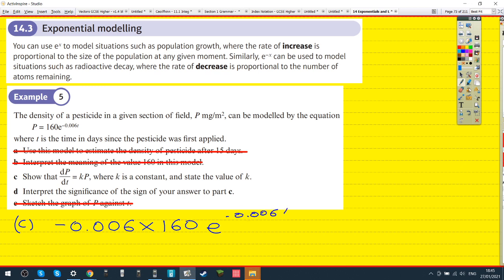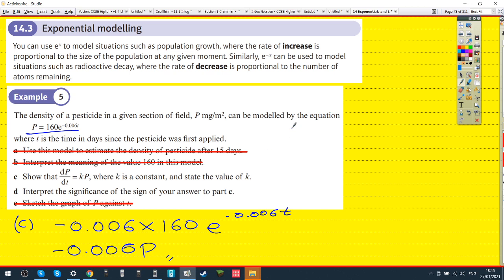Okay. There's a reason why I didn't multiply them. What is 160e to the minus 0.006t the same as? From here. So what is 160e to the minus 0.006t equal to? P. Yes, and so that whole thing you can replace with P, and it becomes minus 0.006P, meaning